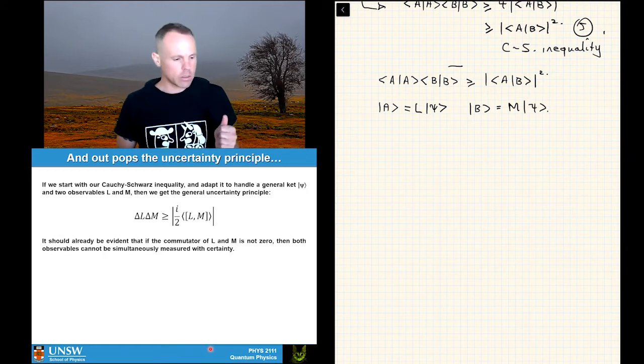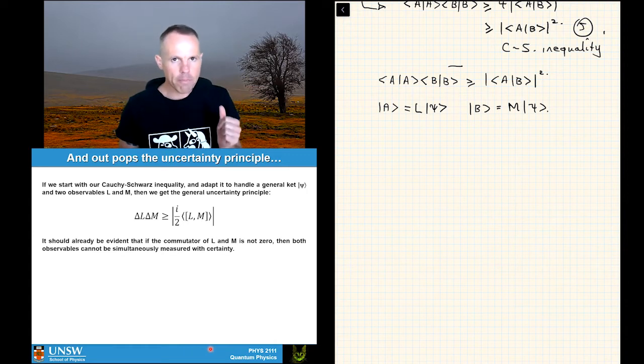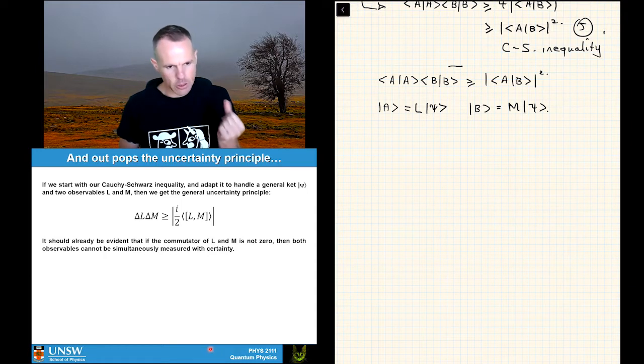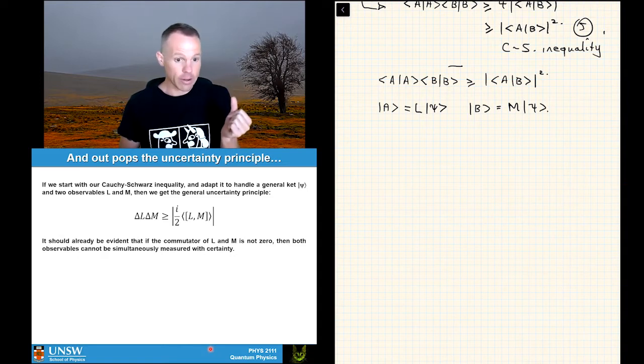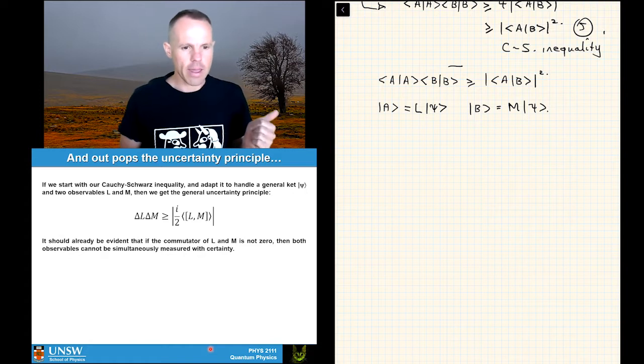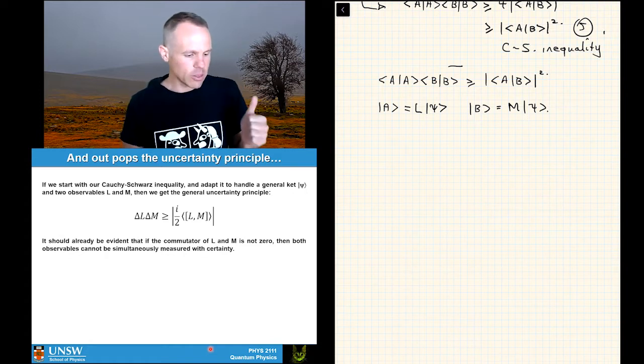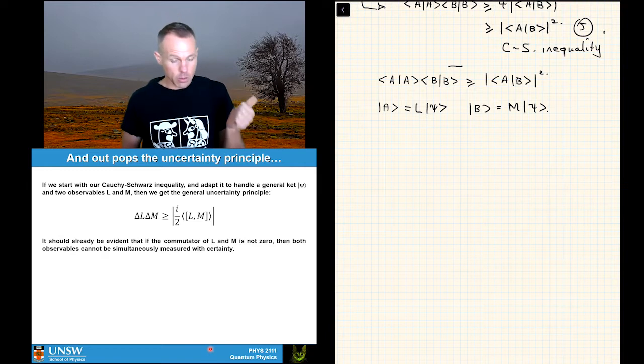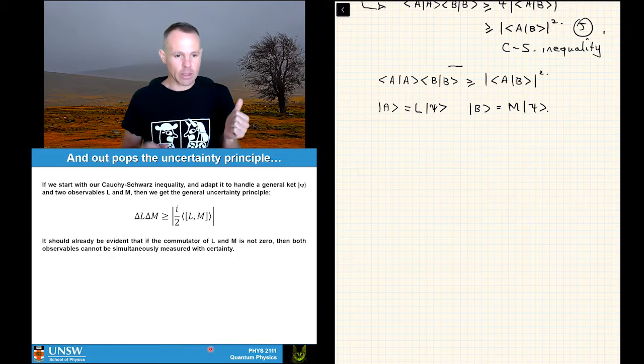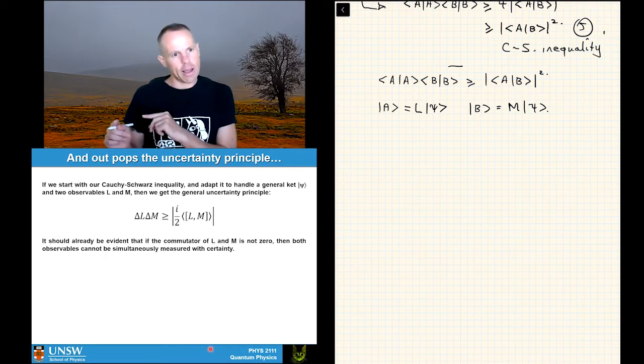Okay, quick word of warning just here. If you happen to be working through Susskind's book, you'll notice that Susskind's book at this point actually defines B with an i in front of it and A without an i in front of it. Just to explain what's going on there, Susskind doesn't want to have to deal with two little pieces of complex analysis that we'll take care of in a second. So to avoid that, what he's actually doing is pulling a little bit of a fudge or a sleight of hand and introducing an i in front of the M because he needs to get an i later, okay?